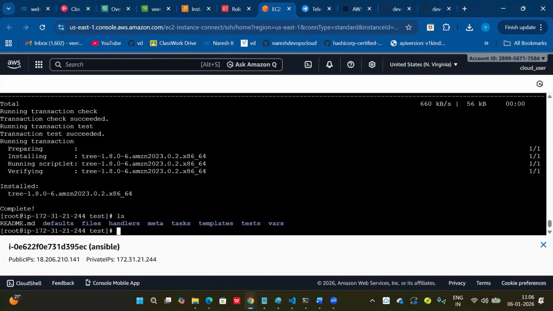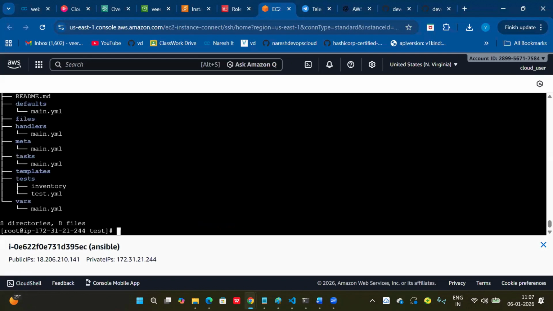You have to create it like this if you don't want to take any Ansible role help. You can create it manually, but control is also very good here. Once we add everything here, we can control it by using Ansible role commands. Now you can see the tree command output. So these are the YAMLs created inside, right? Handlers, metadata, tasks, files, variables, inventory, everything we can add here. So you can create a separate structure or follow the role structure.